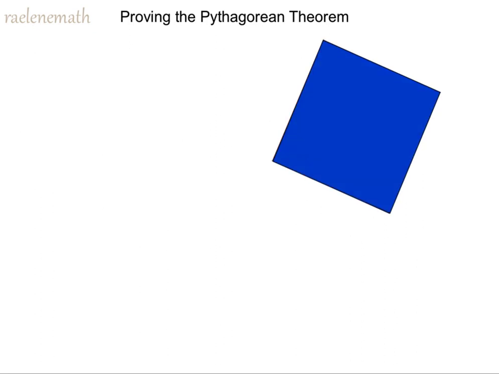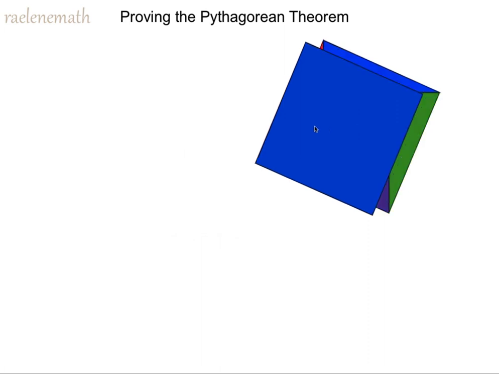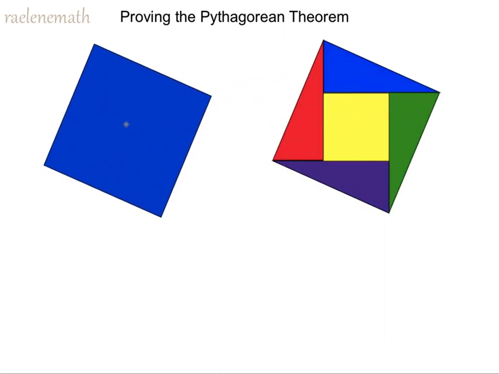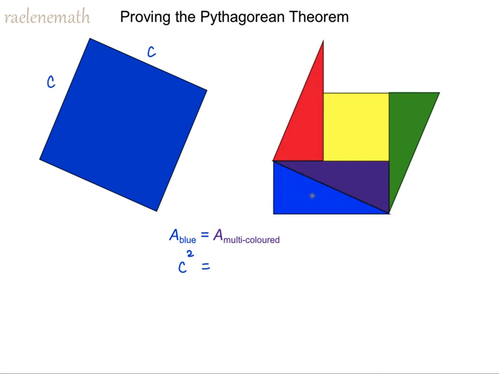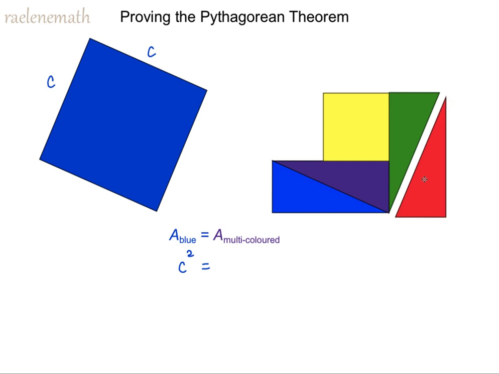Now to come up with a proof, what we recognize is that we have a square of area c times c, or c squared, and it's comprised of a multicolored figure. But they're the same figures, so we have that their areas are equal. And recalling the side lengths of the square are c by c, we have that the area of the blue square is c squared, and we can rearrange the multicolored figure into rectangles and squares to come up with its